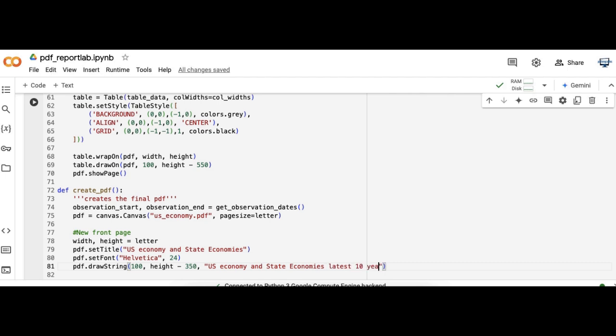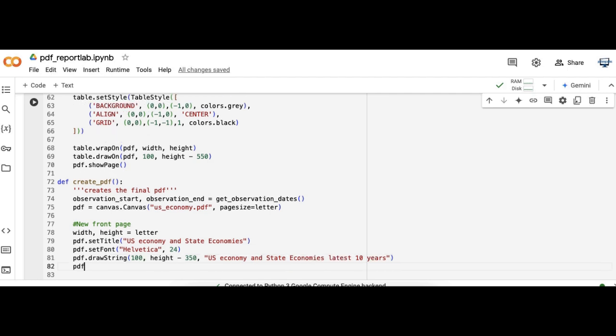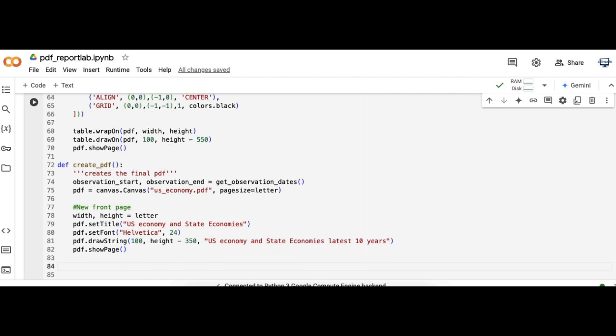And when I set the title, with the setTitle, of course, like when you open this in Chrome, this is the title you see in the Chrome tab, or if you used Adobe or something, what you'd see at the top, but not necessarily inside the PDF. And again, I'm going to use showPage here, so we write that page, but then we're not closing the PDF, so we can write more pages when we call